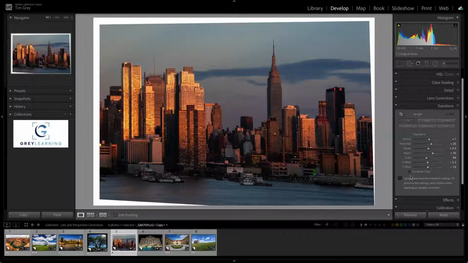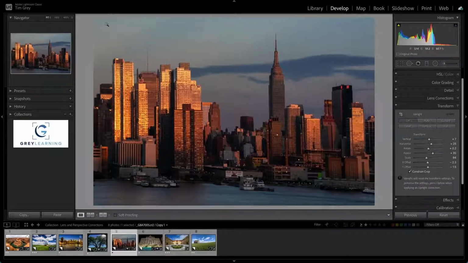Generally, I prefer not to use that option and instead, once again, to use the crop tool in order to exercise a little bit more control over that crop. So we'll take a look at that crop a little bit later, but for the moment, I will turn on that constrain crop checkbox so that you can see the effect. So I'll turn that on and you can see that all that white space has now been cropped automatically. But again, in most cases, I would prefer to use the crop tool to exercise a little bit more control